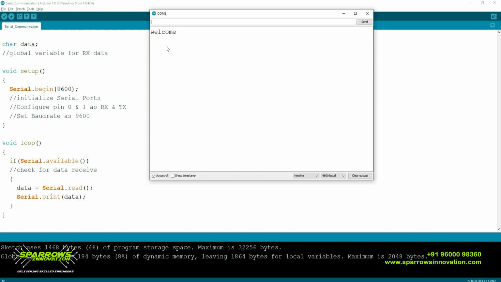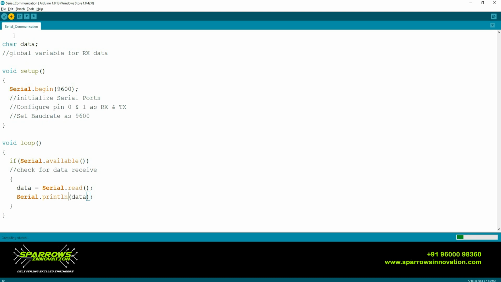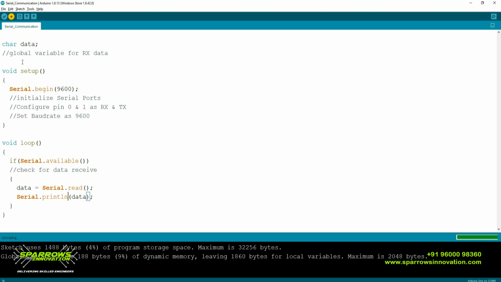It's not like that. When I click enter, the welcome data is transmitted to your microcontroller or Arduino serially through the USB port, and then it is transmitted again using Serial.print, and it is received at our receiver end. So that will display at the bottom. Here I am also using the function Serial.println to show how the data is transmitted. I already said only 8-bit data will be transmitted at a time, so this will clearly show how the data is transmitted.